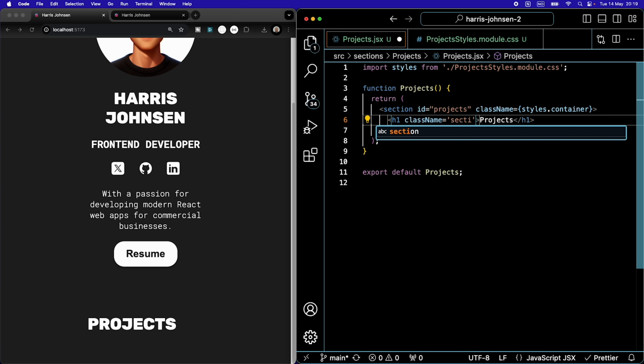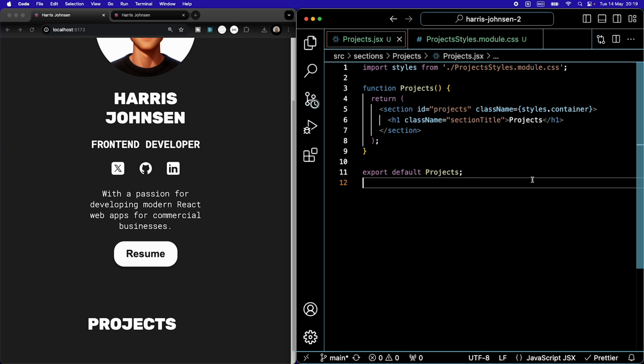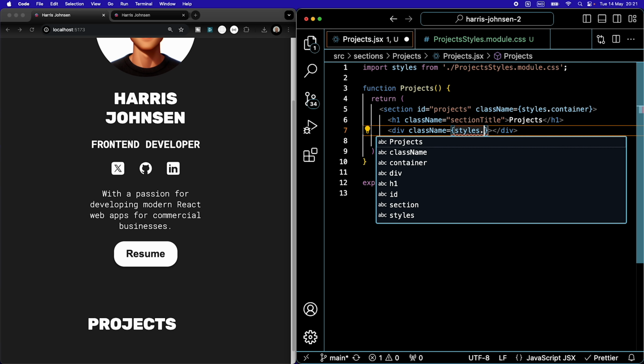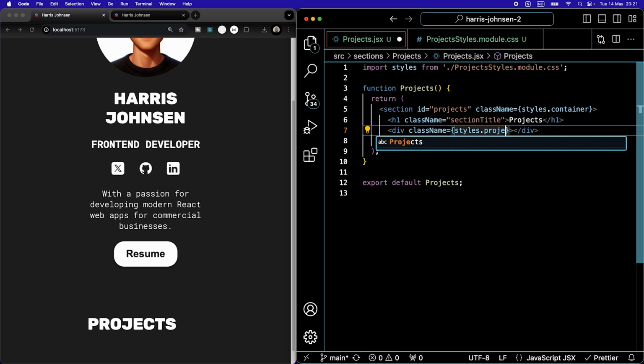It's going to have a section title that we also made. Then we are going to have a div, and that is going to have a class name of styles. Let's make sure to do that inside of an object, styles.projectsContainer,